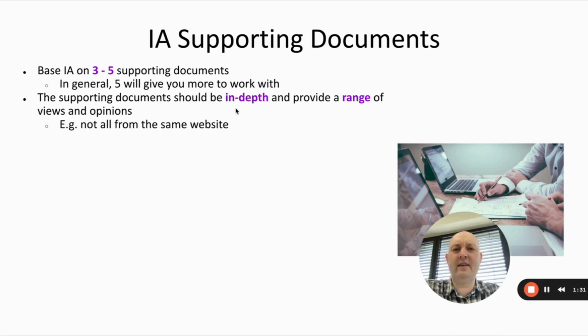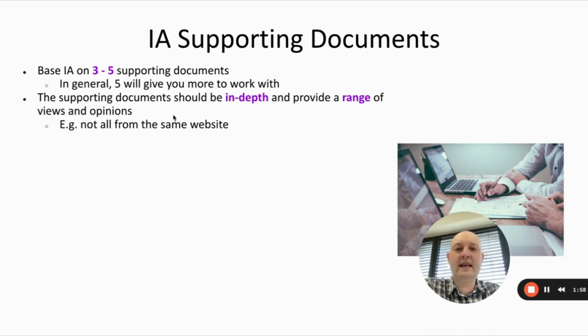So what does in-depth mean? Well, I think you're looking at probably at least a page of A4. So when you take the supporting document and put it onto a Google Doc or whatever, it should be at least a page of A4. That doesn't guarantee that it's going to be in depth. So you might want to be thinking 2 pages of A4, but it really depends on what's in the article. But it needs to be enough about it that it's actually a good document,